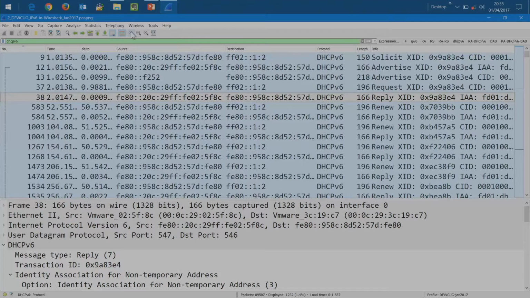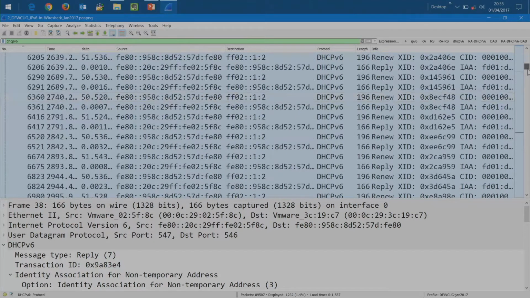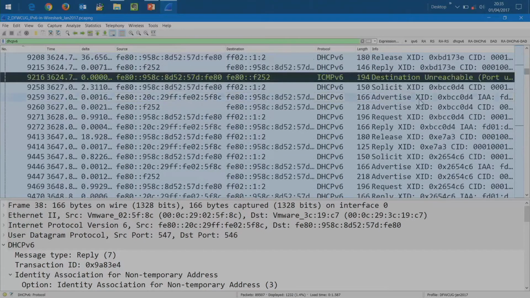And the biggest problem that can come later down the road is, look for a few more solicits in here. Look here, my first advertise is the bad guy one. So I'm going to send my request out, and it looks like the bad guy one replied here.